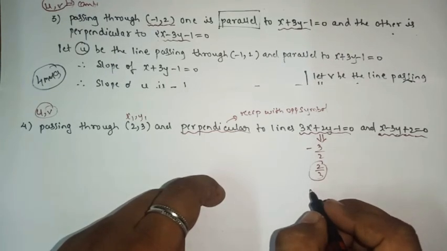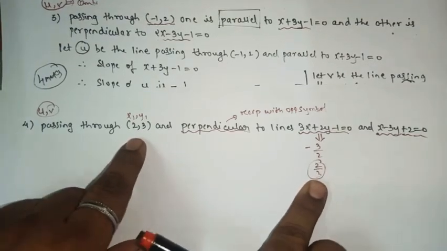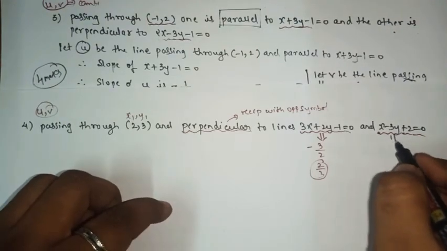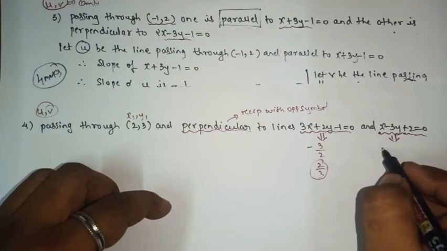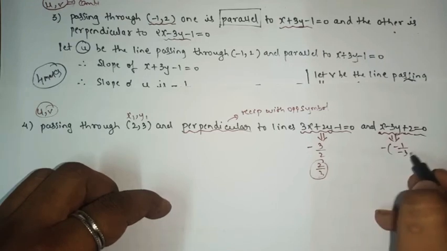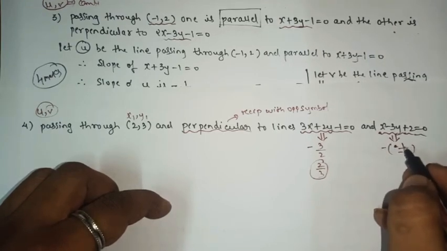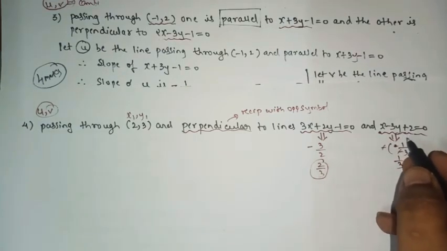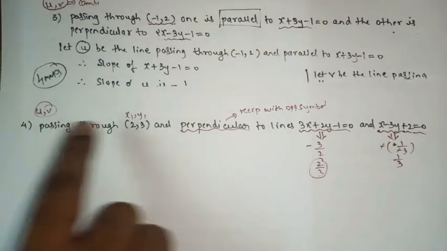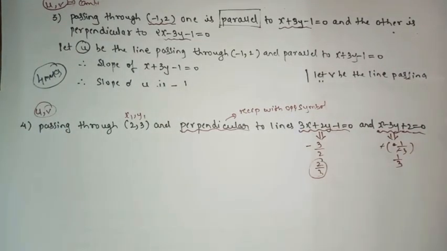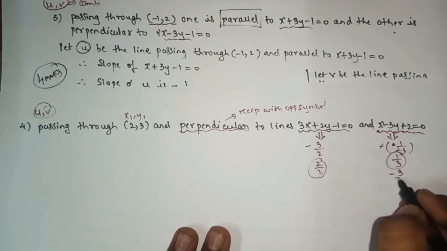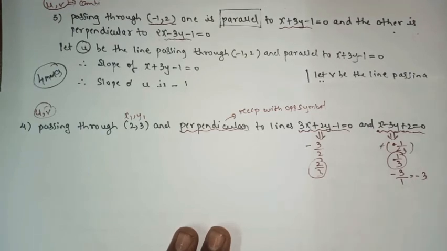Then you will apply the slope point form. So with the slope point form, you will get equation number 1. After that you will find the slope for this equation. So for this it will be minus of minus 1 upon minus 3, the minus will get cancelled, and you will get 1 by 3 as the slope of this line. But we know that it is perpendicular. Yes or no? So when it is perpendicular, the reciprocal of this, what will you get? Minus 3 upon 1, so that means minus 3.